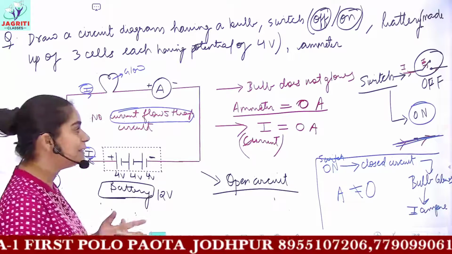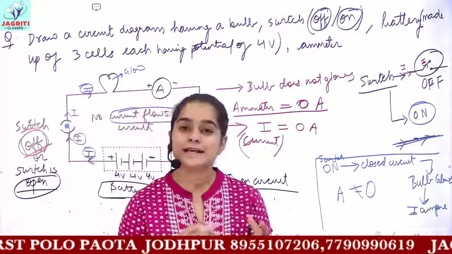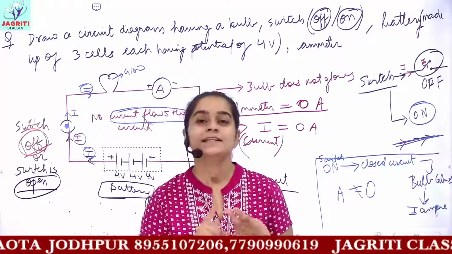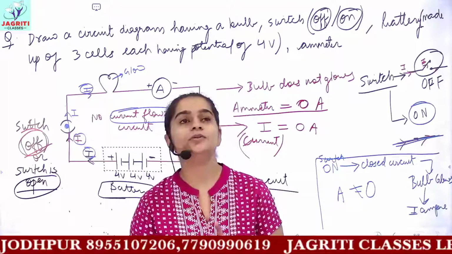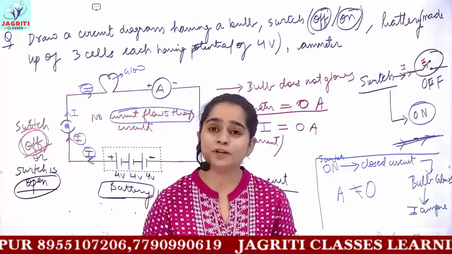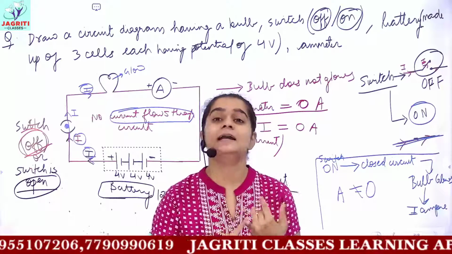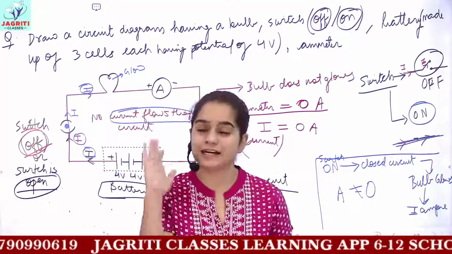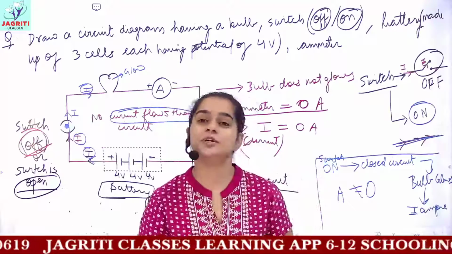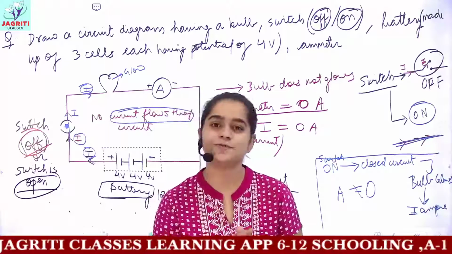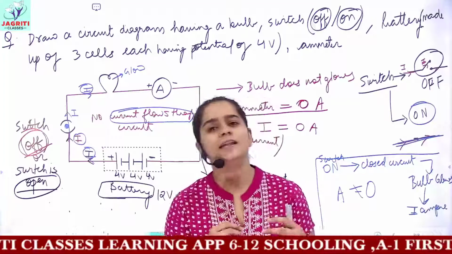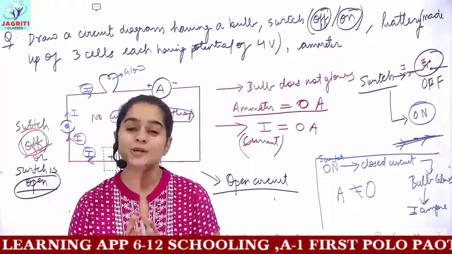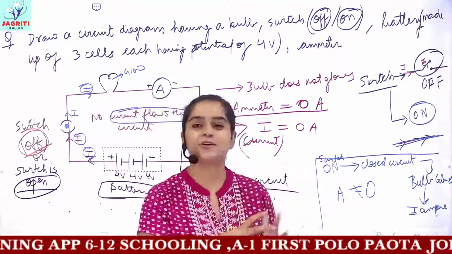So this completes our today's class. Now in the next class we'll be dealing with the topics Ohm's law, resistance, the graph of Ohm's law, statement of Ohm's law. Then we'll be dealing with resistance and the two types of combination of resistance, the difference between series and parallel. And then in the next class we'll be solving the related numericals of series and parallel resistance, and then we'll be doing the next topic, which is electric power, etc. So in this way we'll be covering all the topics of this chapter.